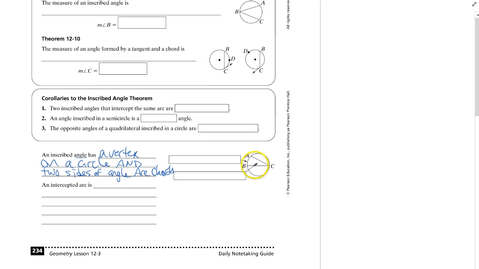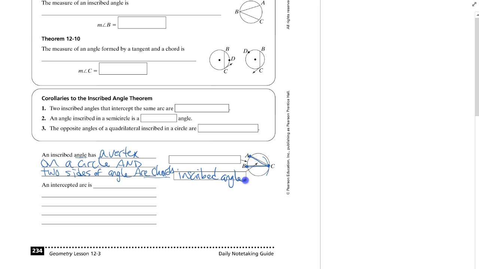So here we go. Here is the angle right in here. So I've got the vertex on the circle, and I have to go all the way across the circle and put the other end on another side, somewhere else on that circle. So C is the vertex, and it goes to A and B. So here's the inscribed